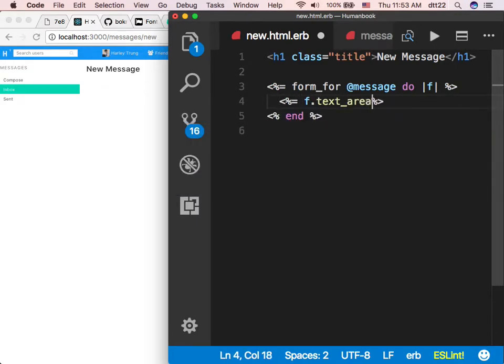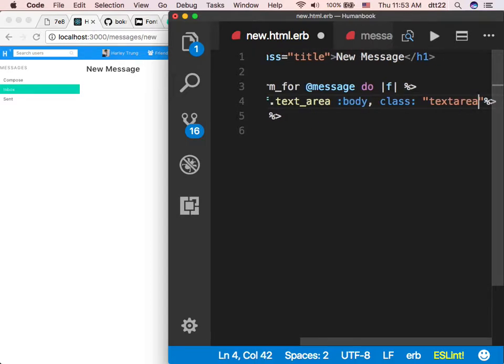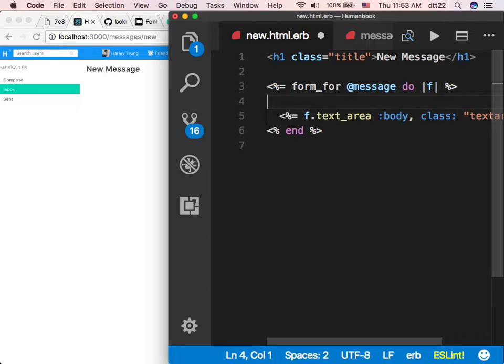Now, I do know I have a text area that is called body. Class name is text area. That's Puma style. And you need something else? Do you want a select box? You need to select a recipient. So you're going to do the input params. Remember the params? Select ID, recipient ID. It's like that. And now here you pass in an array